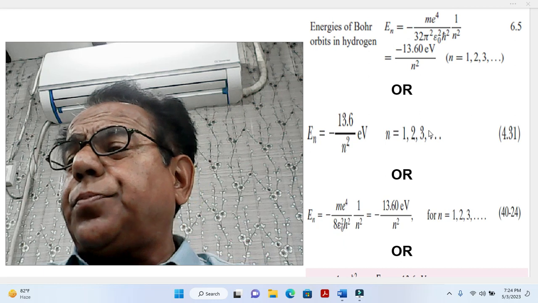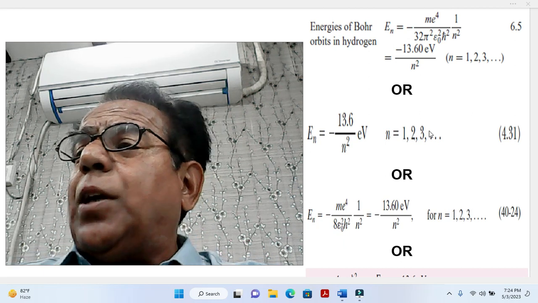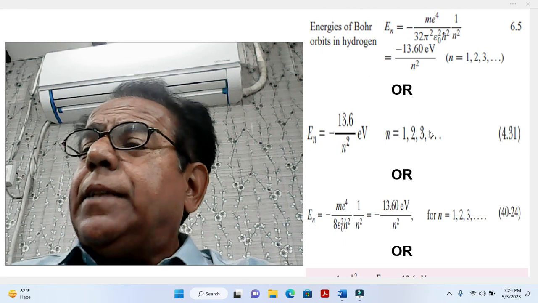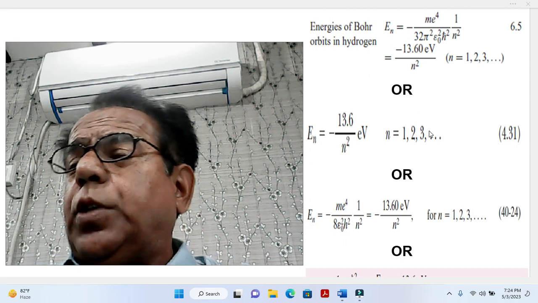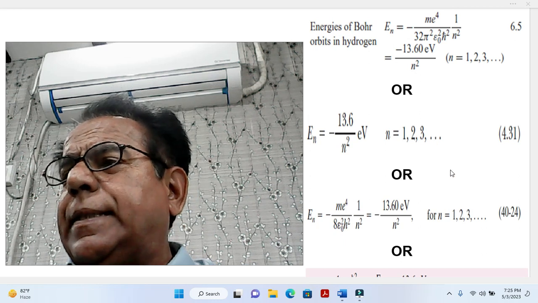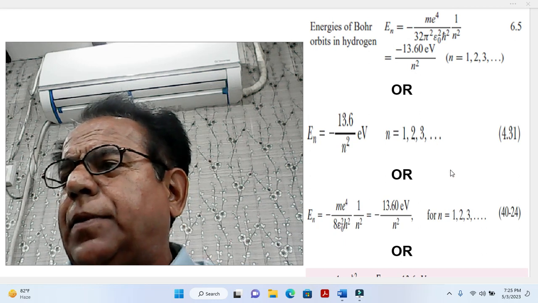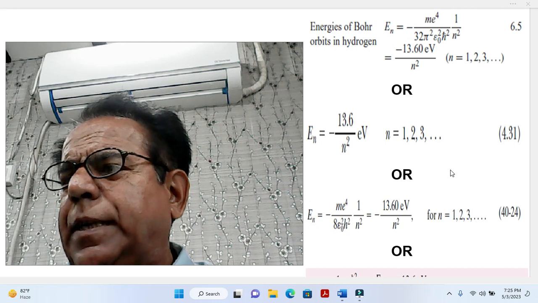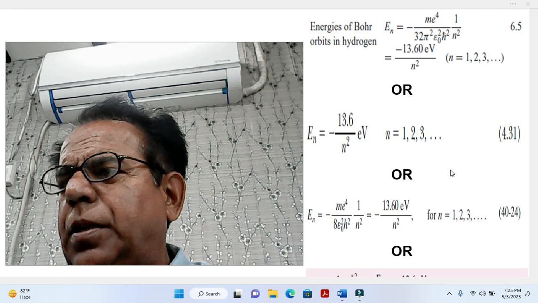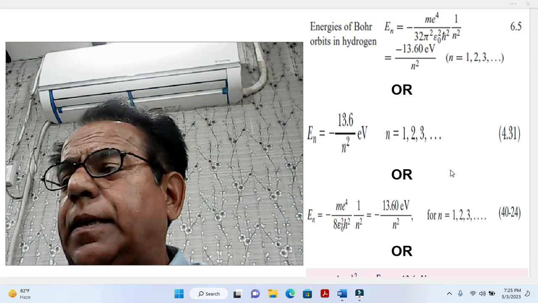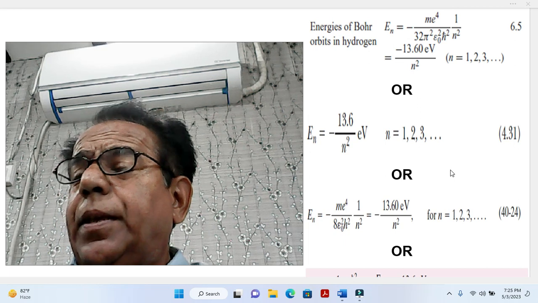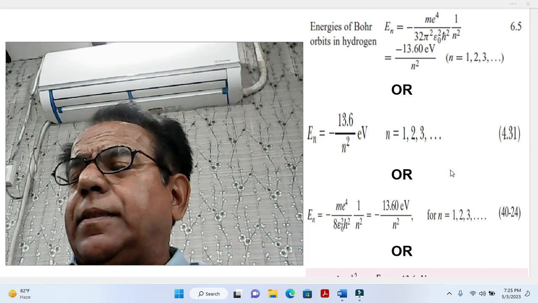Now we come to the third version, and we compare what is the difference between the third version and the first two versions. The third version says that En is equal to minus me raised to the power 4 divided by 8 epsilon naught square h square n square. What is the difference? Yes, quite